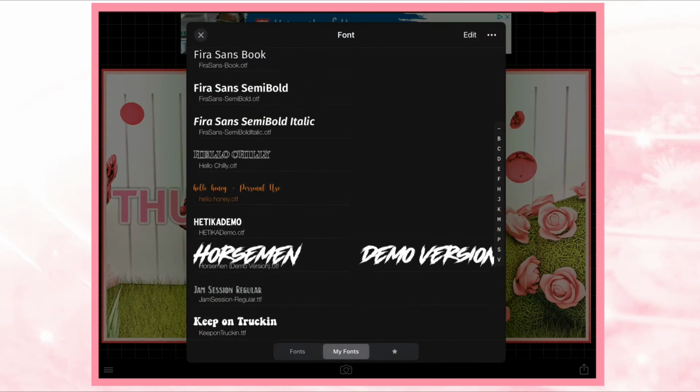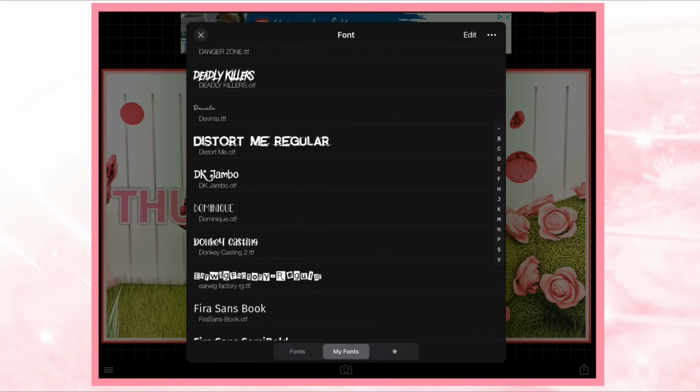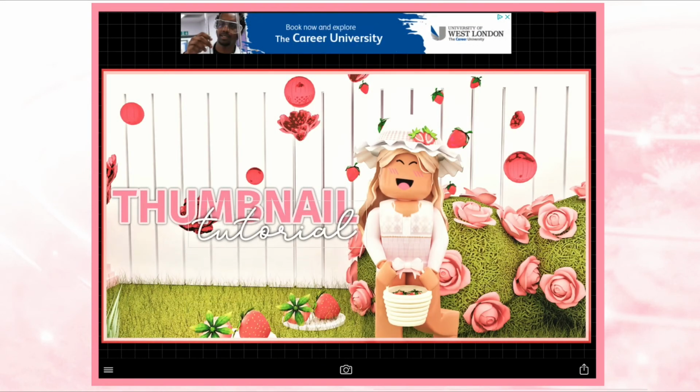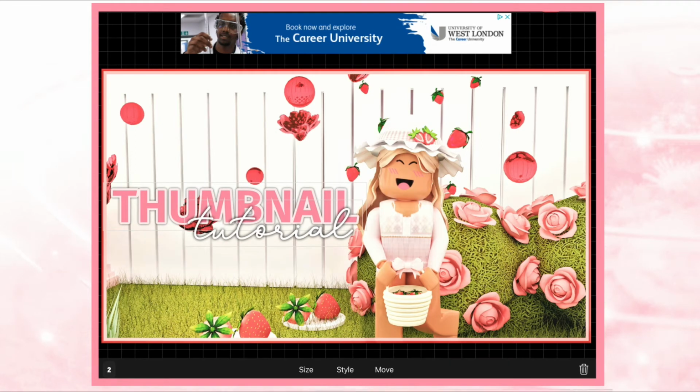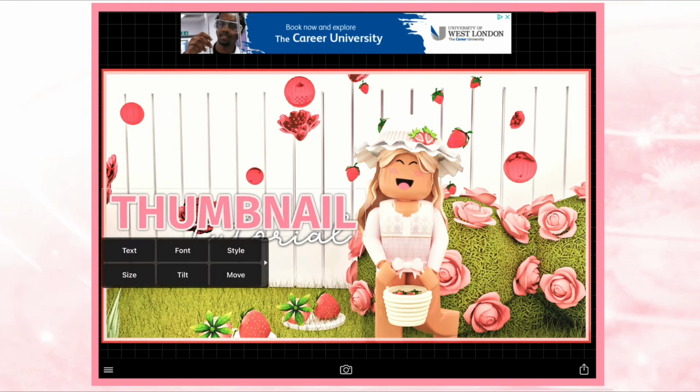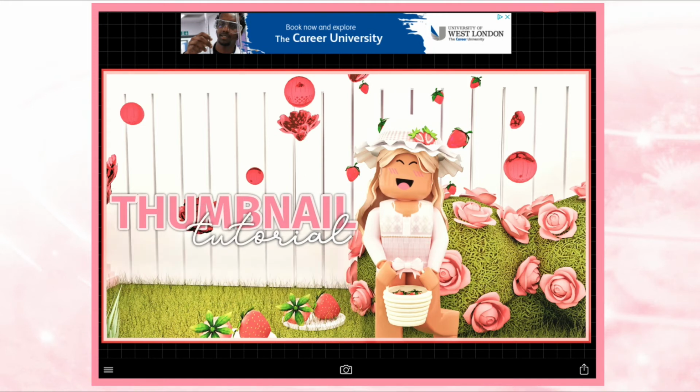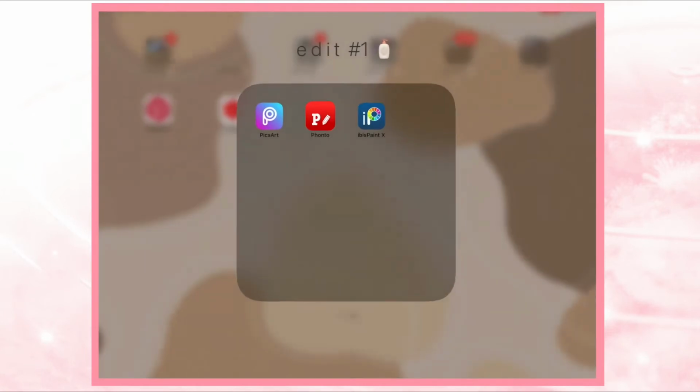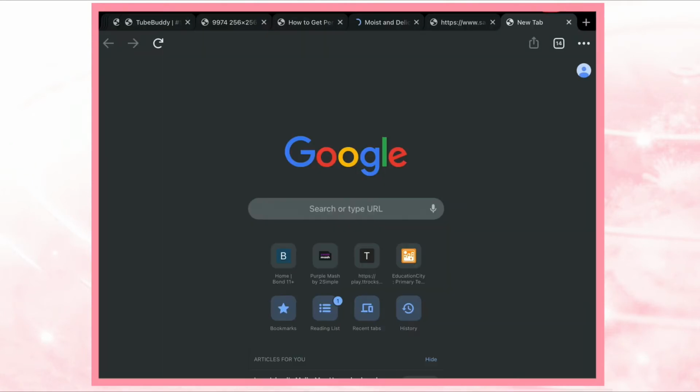So you can download multiple fonts and just make sure to personalize it to your type, because you really want to add your sort of flair to it. Now to move them at the same time, you just want to hold and drag, so you can select all of your text and move them at the same time, maybe to center it. And now what we're going to do is go into Chrome and start adding a bit of decals